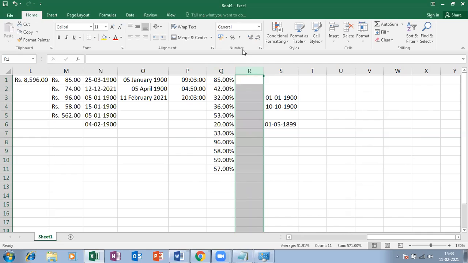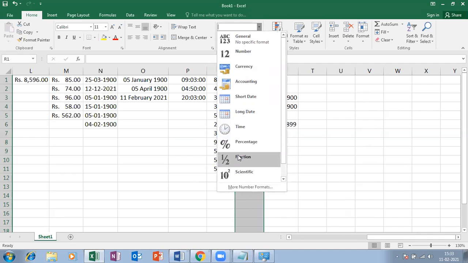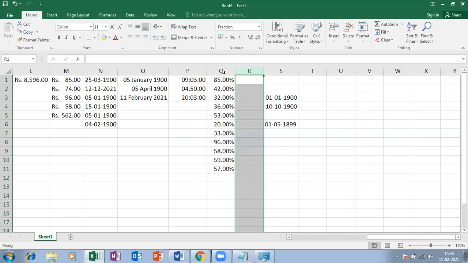And then set one more column, and this column I'm going to convert as fraction. Okay, like this.